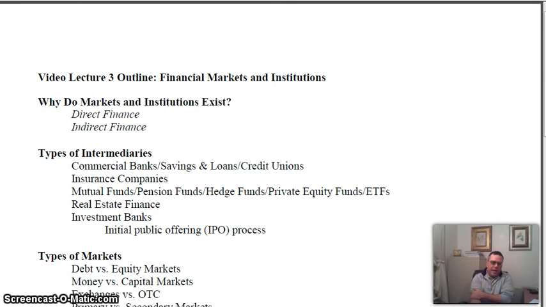So they're not driven by a difference in assets and liabilities. They're driven by how well they can sell those securities. So they actually create the next thing we're going to talk about, which is marketplaces. They create securities that trade in marketplaces like stocks and bonds, which is a different type of finance. It's not indirect finance, it's direct finance.